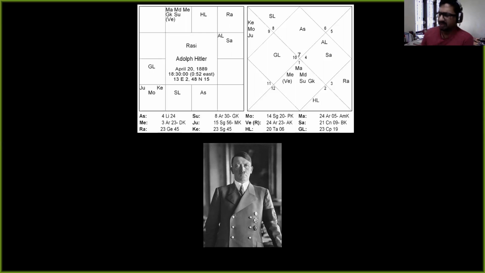Basically, just looking at a simple overview, you can say that Hitler has a Libra ascendant, and look at his 4 planets crowded. There's also Gulika Mandi in his 7th house of Aries. So when I see this chart, my eyes really go into the 7th house where you have so much clustering